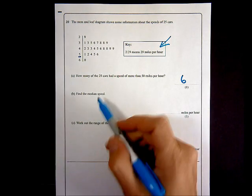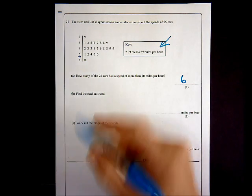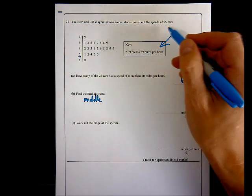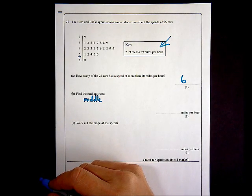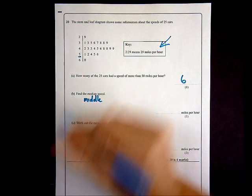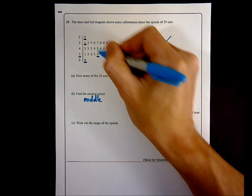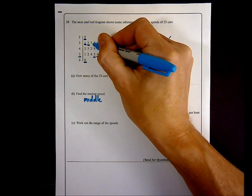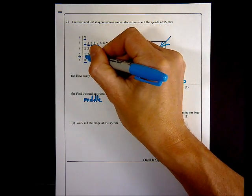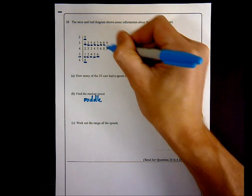I'm then asked to find the median speed, and to do that I'm going to have to find the middle number because the median is the middle. Okay, so I know that there are 25 cars, so I'm going to work my way in, one from the smallest end and one from the largest end, until I get to the car in the middle. So smallest, largest, smallest, largest, and I'm going to keep this going until